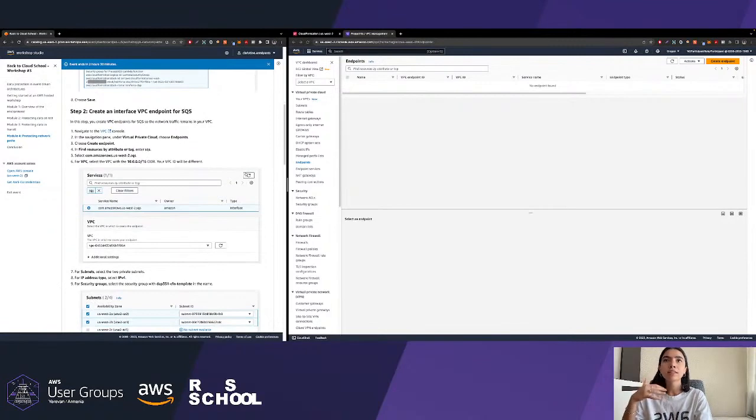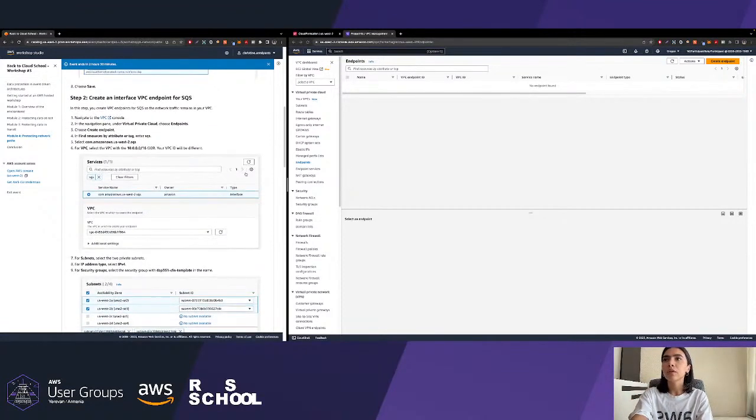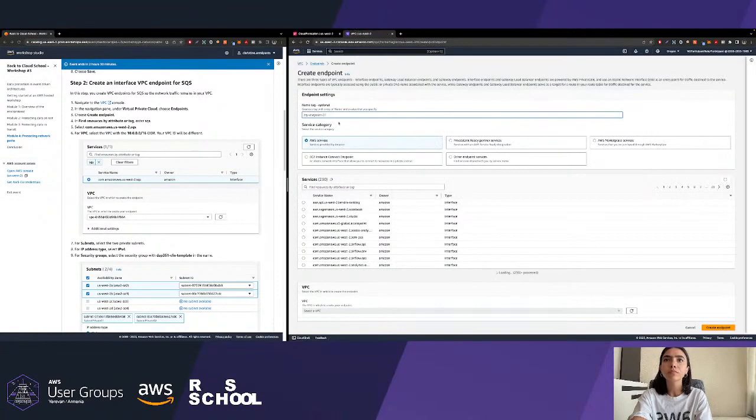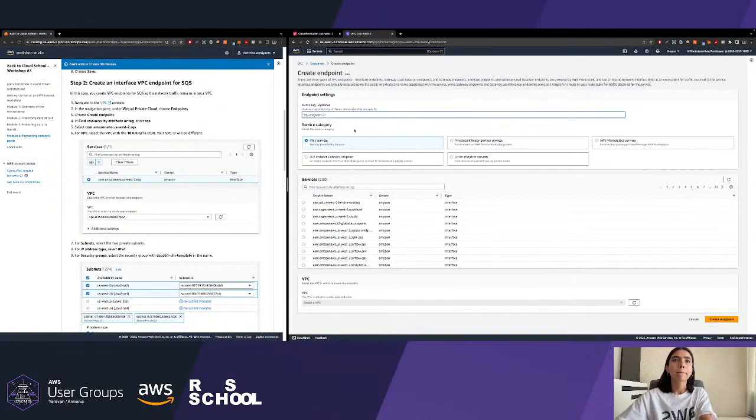In our case, SNS and SQS. So let's just go ahead and create an interface VPC endpoint for our SQS. Just go to this search tab and type SQS.